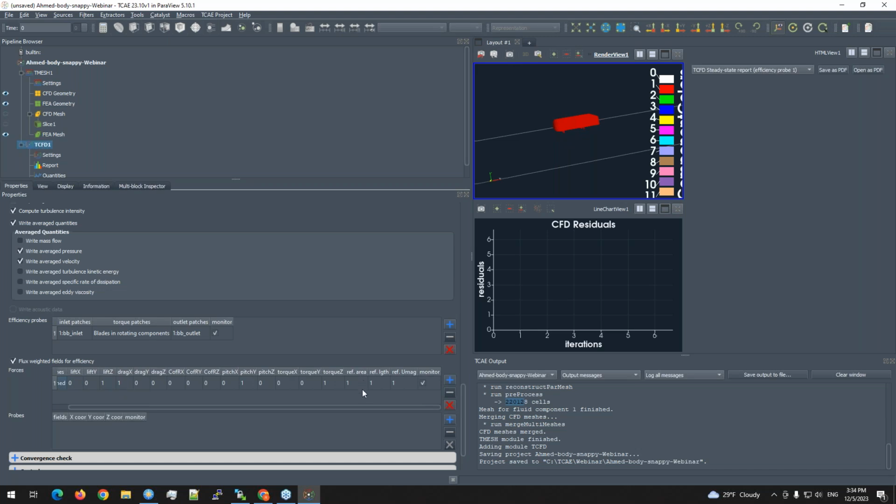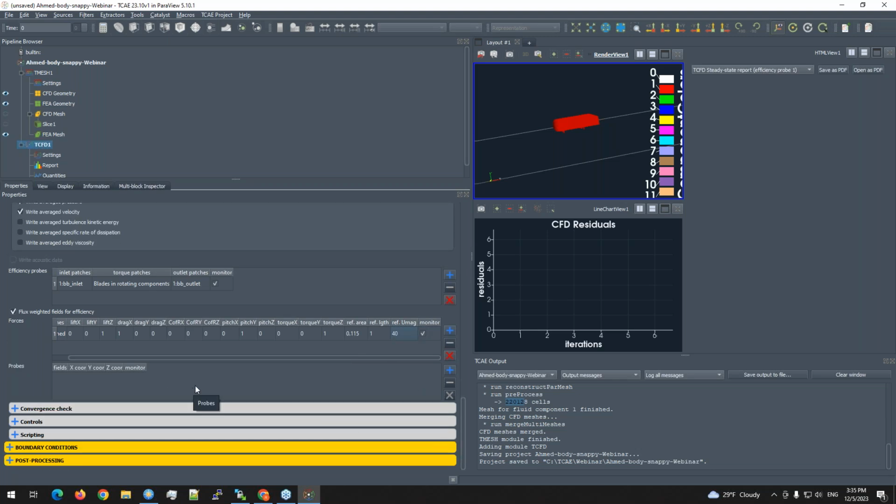And what I would like to set here is the reference area, to have the aerodynamic coefficient scaled with respect to the shape of the body. So here I think the cross-section area is 0.115 meters squared. Reference length is 1 meter, and the reference velocity will be 40 meters per second. So this is what will give me drag coefficient, lift coefficient, momentum coefficient, and other forces acting on the Ahmed